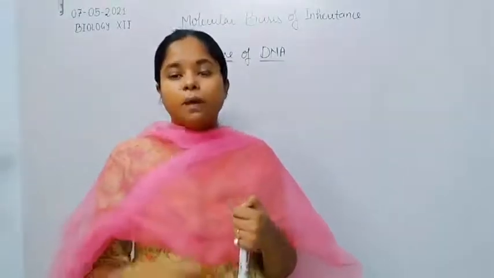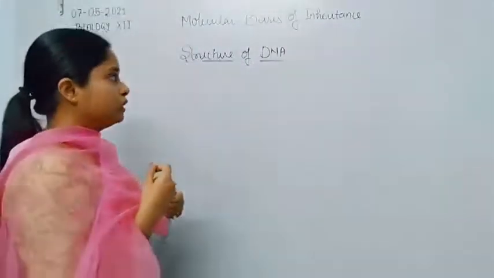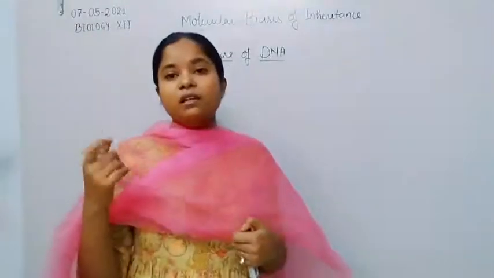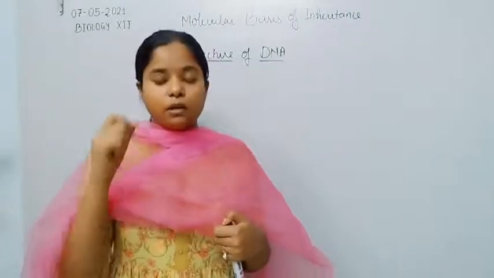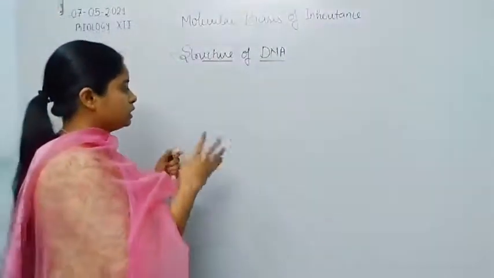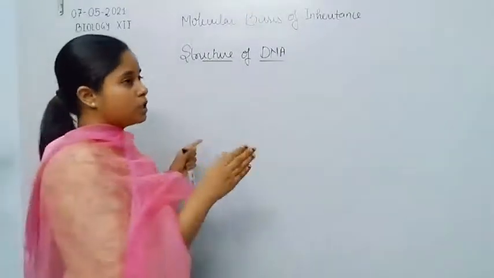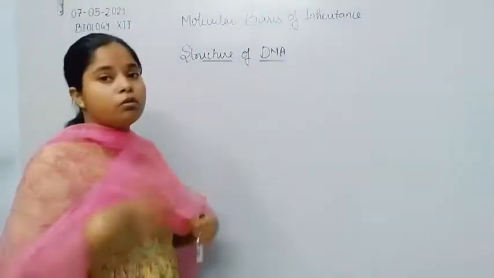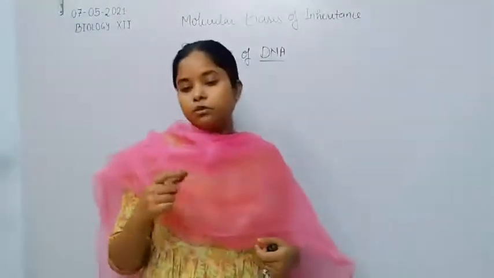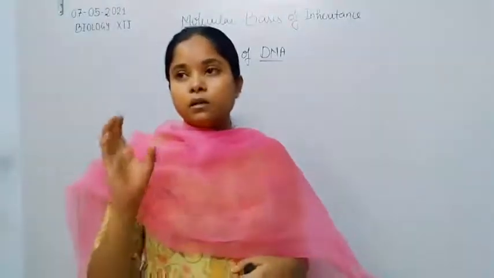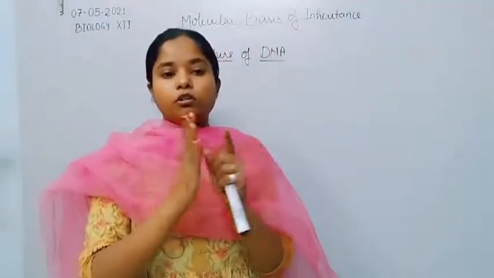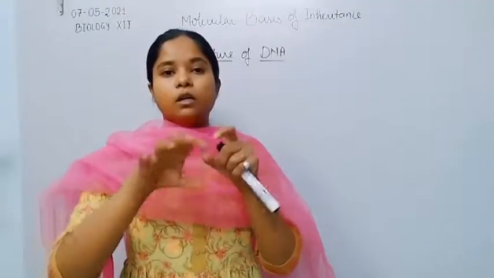So by the X-ray diffraction, he concluded that the DNA molecule is formed by a double helical polynucleotide chain, where the phosphate group is present towards the outer side of the DNA molecule, not the inner side. Previously, Pauling, who discovered the protein structure, had said the phosphate group is present in between the two polynucleotide chains, towards the inner side.